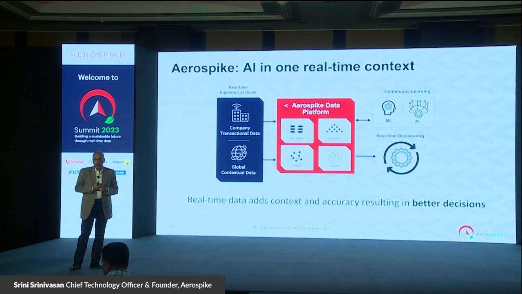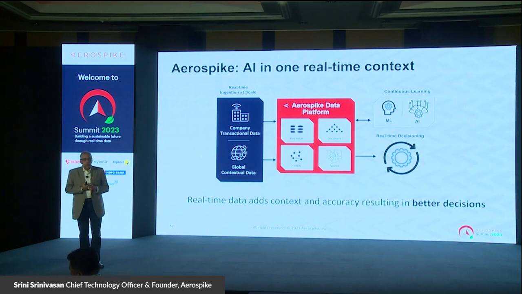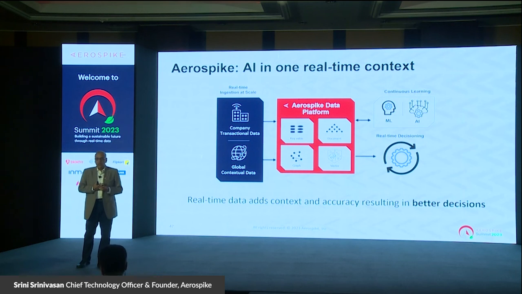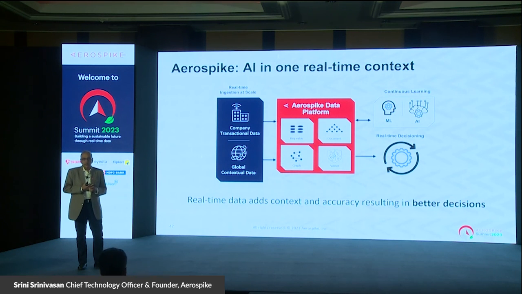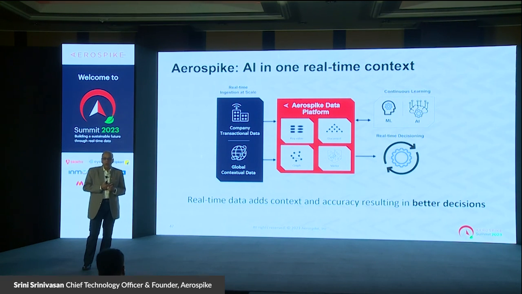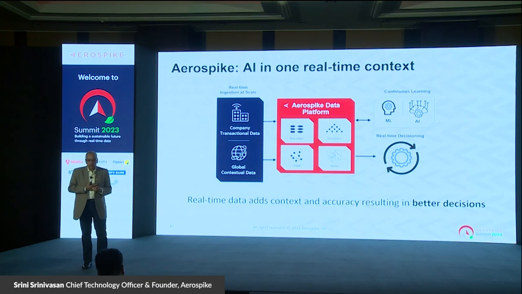But going forward, if one can use real-time data in these decision-making and AI processing, I think we will get much better decisions. Like Professor Raghu talked about, where do you get this information, at what granularity? The more recent the data, the more granular the data, so long as it's able to deliver you better decisions. All of this is something which Aerospike will play in.